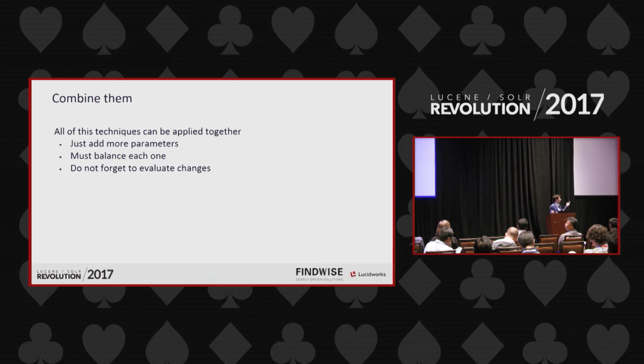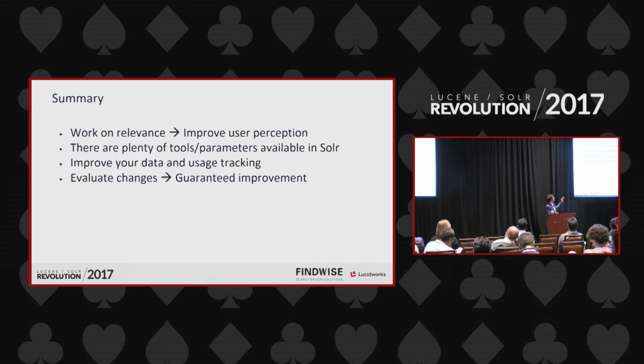Then we can also combine all of this, but as I said, you have to normalize each of them so you can control the interval. You want to balance each other so they don't override each other. And you really want to do a small change, evaluate it, and see if it performs better with your information. So whenever you're working with relevance, except for places like e-commerce, where it has a very, very important impact on revenue, when speaking about enterprise search, it's kind of an afterthought, but it really improves the user perception and improves productivity because they get the relevant information.